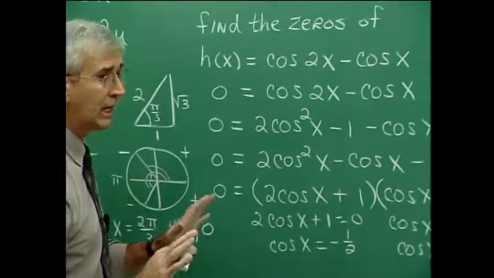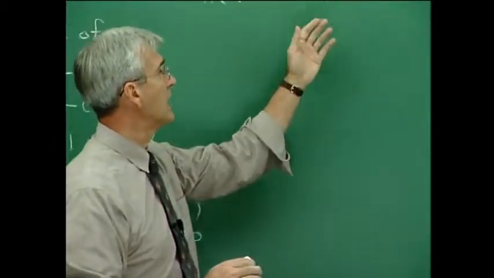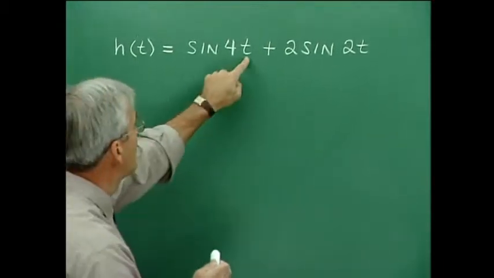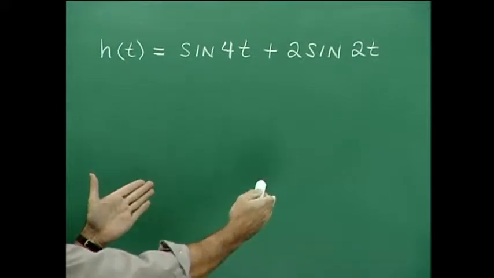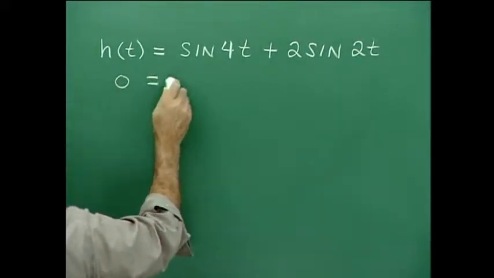Here's another one. Now again, let's talk about finding the zeros of the function and using the techniques that we're talking about here. Also, we're restricting the value of t for values between 0 and 2 pi, but not including 2 pi. All right, so we begin by going 0 equals sine